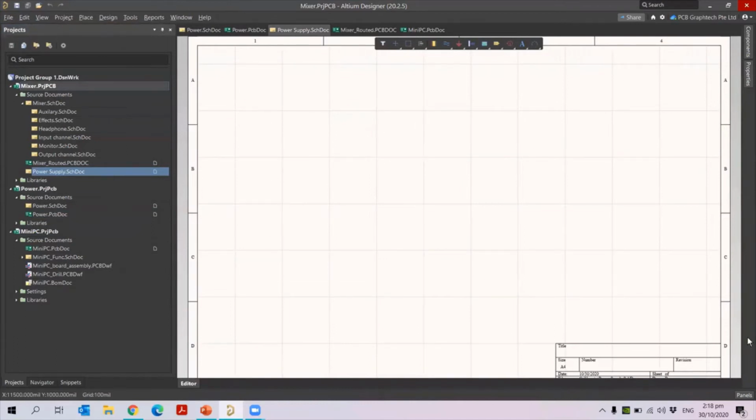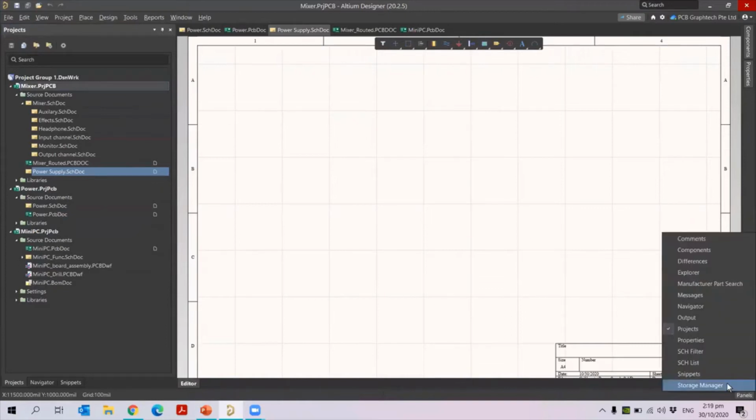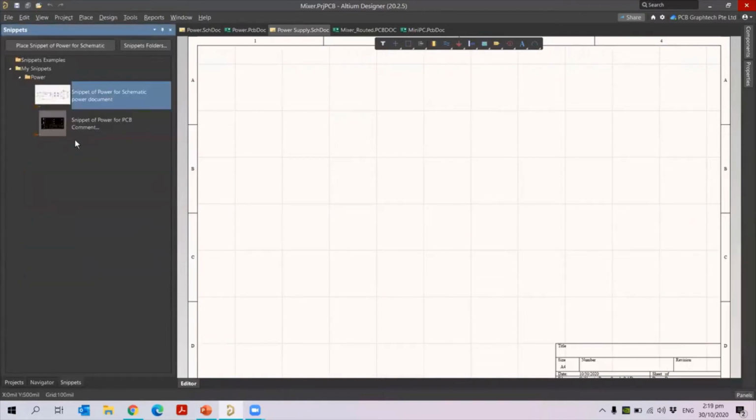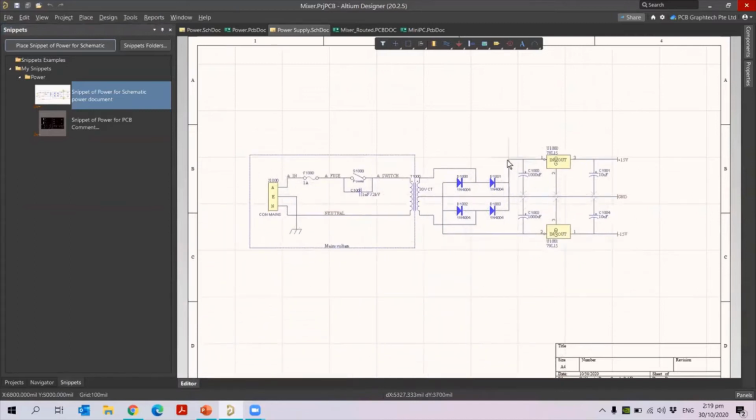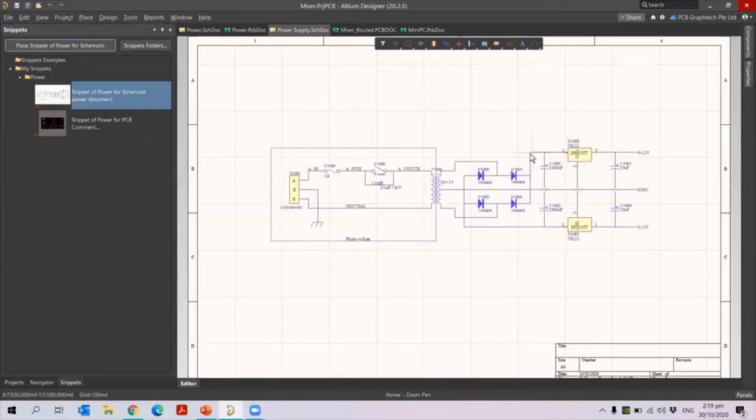So let me go to the panel. Again I open my snippet panel, then I want to copy it. You see the place snippet for power is active. Let me click on this. Automatically you will see the design comes here. It has the net labels, the IDs, all this information.